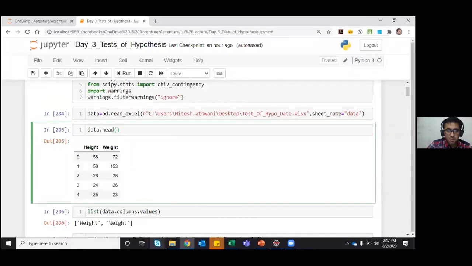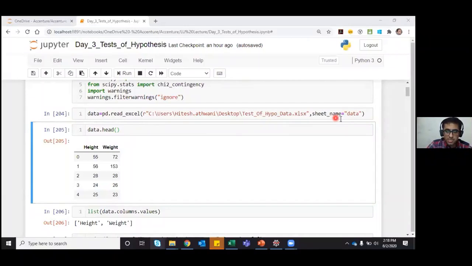And because it is Excel data, you write the sheet name to specify which sheet we want to extract. It's as simple as that: the read_excel command and the sheet name.